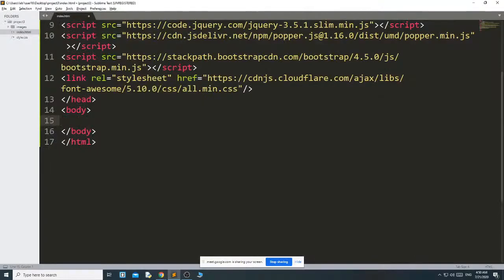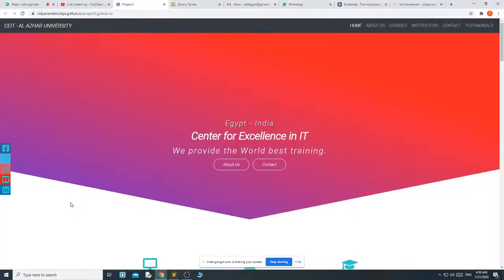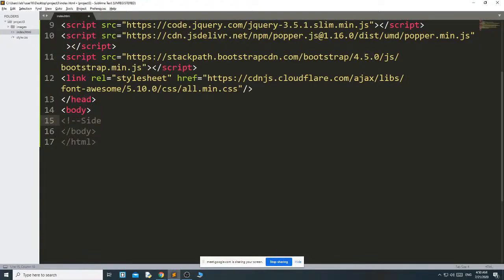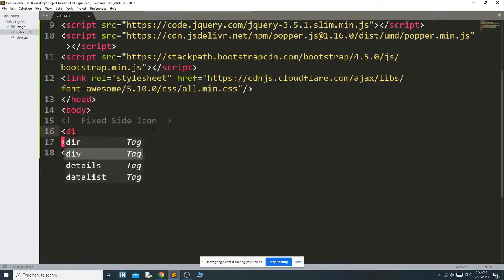For the side icon, let me give the comment line: side fixed side icon. Then for that I am going to create a div and give the div the class name icon bar.